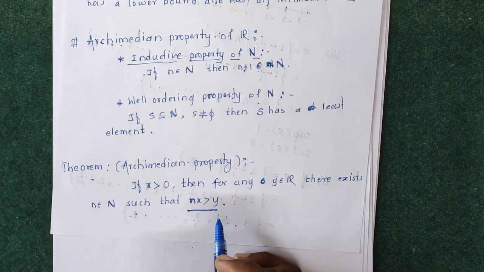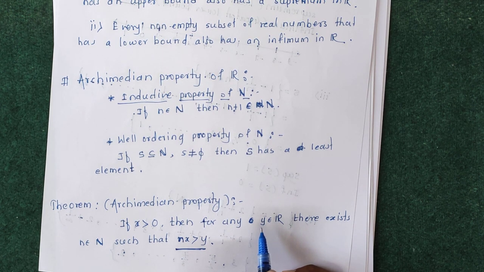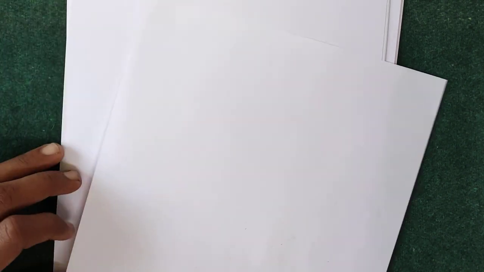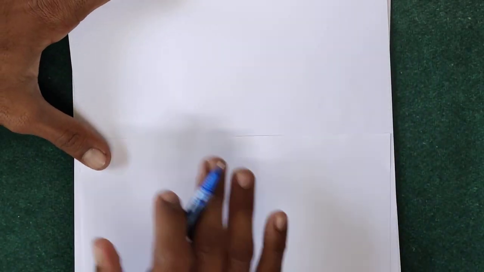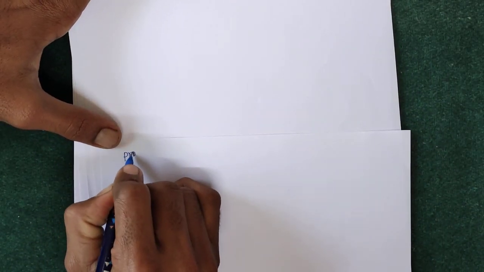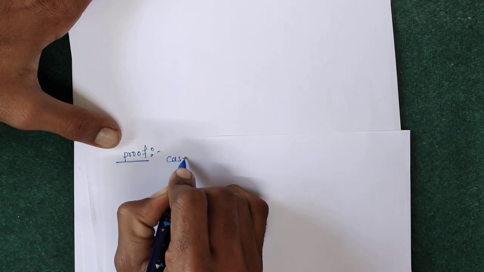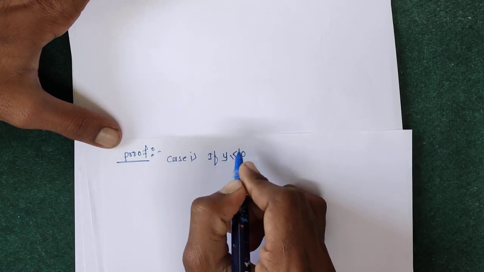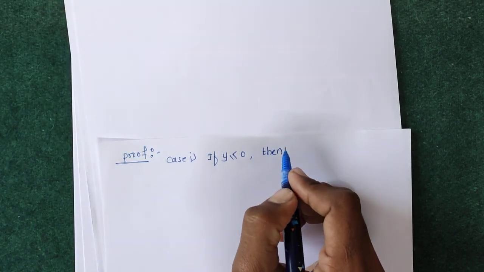Now, to prove this property, we will take two cases on y. First of all we will take y less than or equal to 0, and after that we will see y greater than 0. Proof of the above theorem. In this proof we will take two cases. The first case is if y is less than or equal to 0. If y is equal to 0 or less than 0, then the statement is